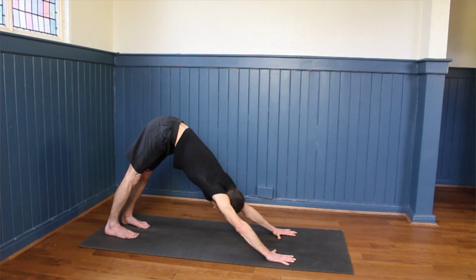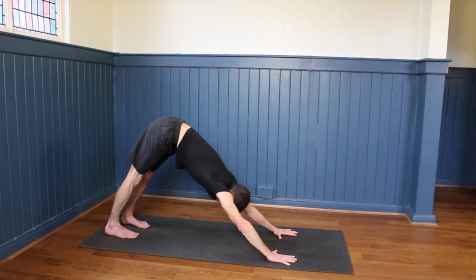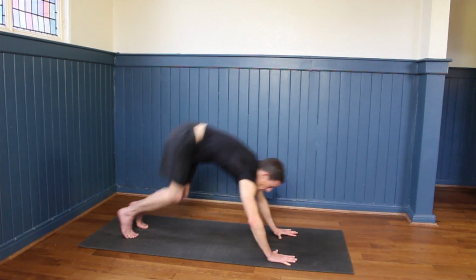3. Stay with it as you inhale. Keep breathing in. Soften the knees if you need to. Exhale, breathing out. 4. 1 more full deep breath in and out is 5. On the next inhale, bending the knees to jump or step the feet through, feet together,